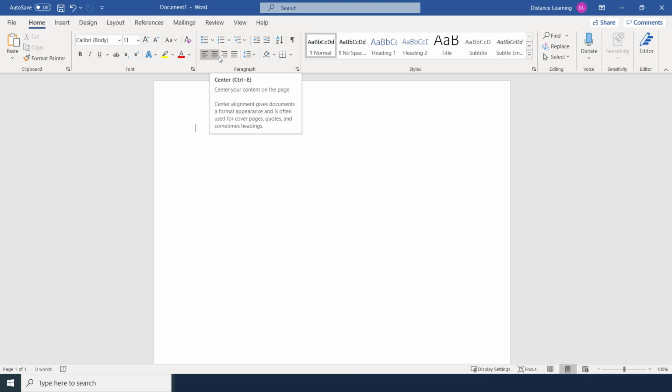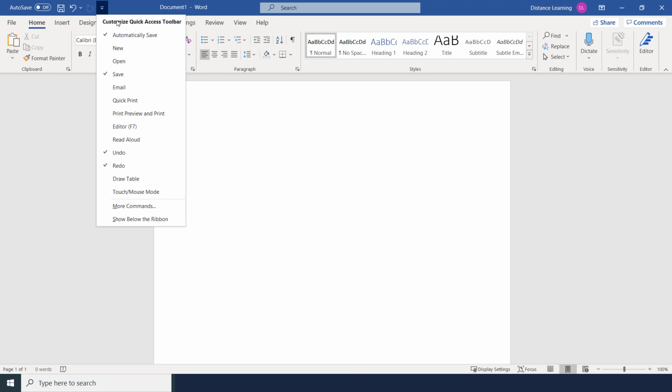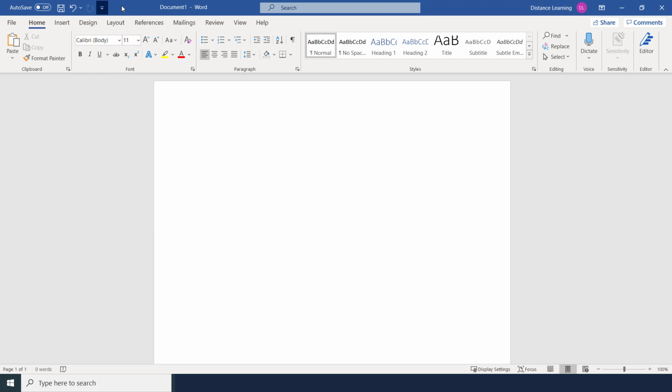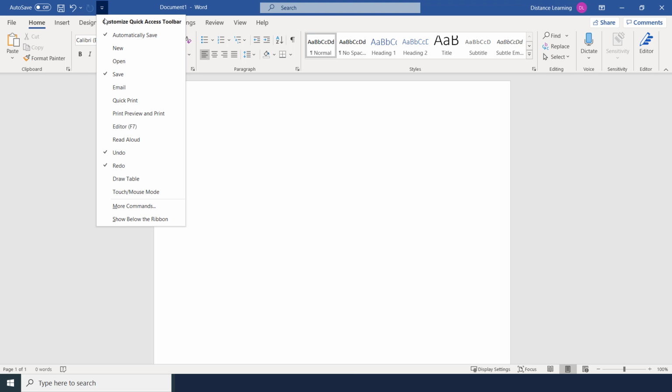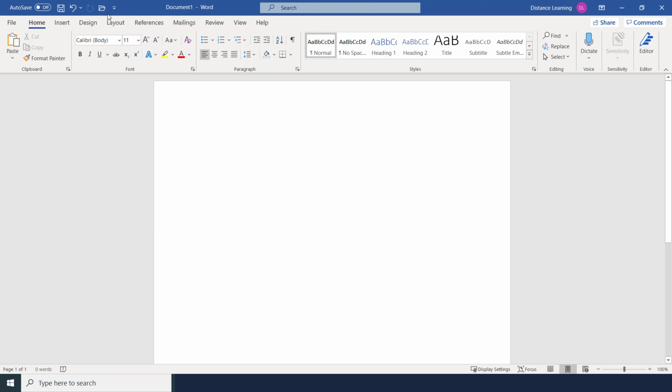Now, a couple other interface components here. On the very top left, you'll see here this quick access toolbar. This is basically an area for you to place in here commonly used commands in Microsoft Word. So you can click on the drop down. Let's say you're emailing a document or you're opening documents all the time. You can enable those buttons by just simply clicking one of those, and it will add the open button here. Another way to add those buttons is that if you are in a specific tab, and I'll go over the tabs in a moment,